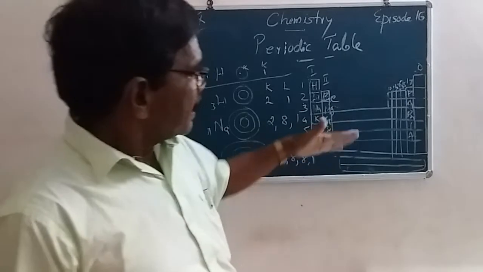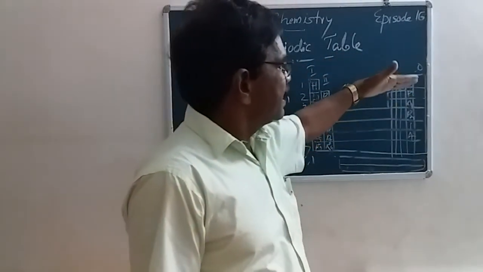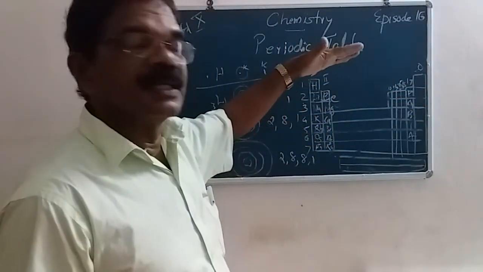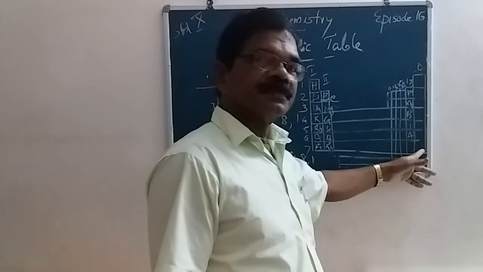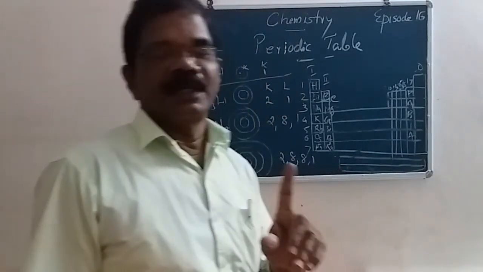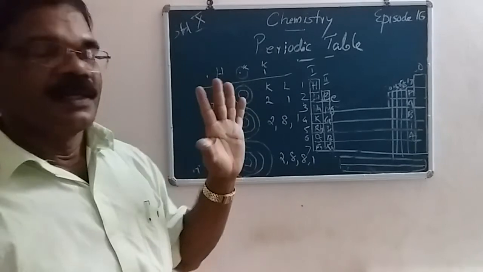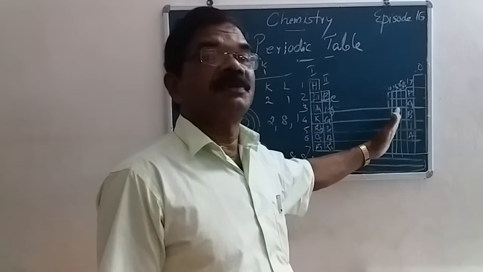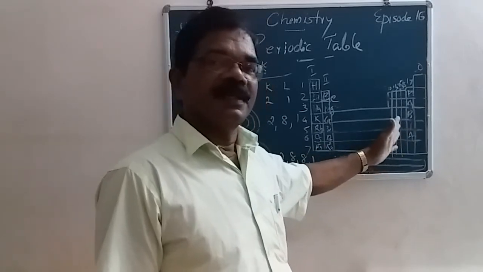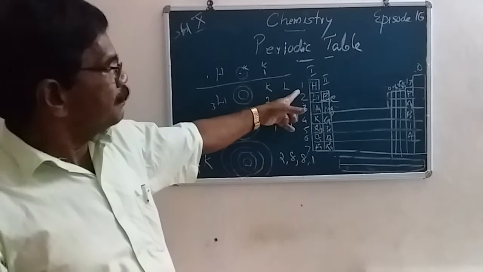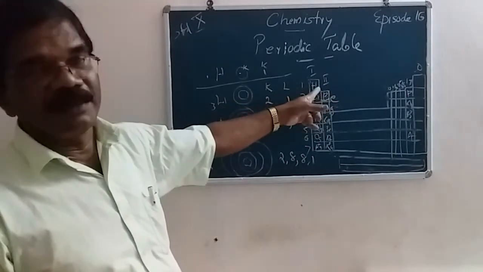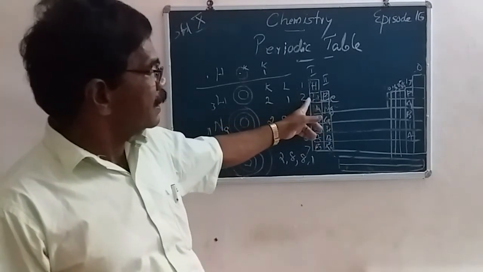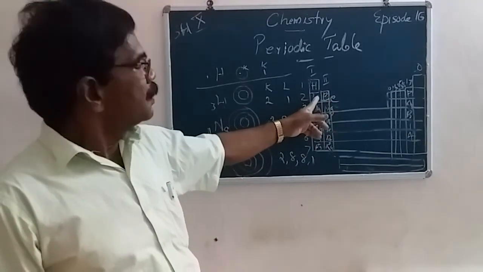Now we are studying how the size of the atom varies among groups. The size of the atom increases from top to bottom. Why? In every statement there is a question why. The size of the atom increases from top to bottom because the number of shells increases. In the first period, there are only 2 elements, hydrogen and helium, with a single shell. In the second period, there are 8 elements, they have 2 shells.